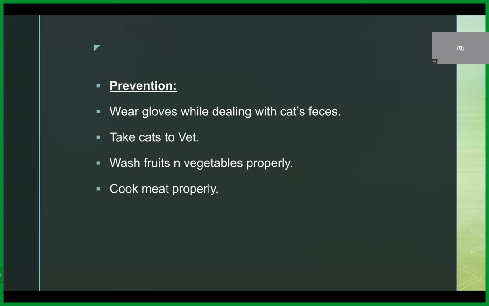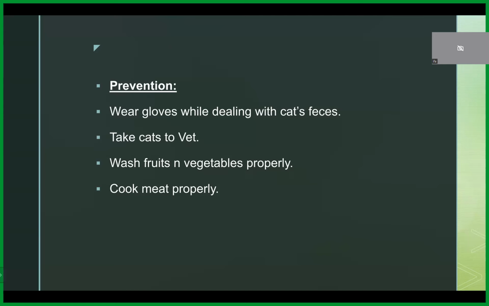Then wash fruits and vegetables, all the routine preventive measures: try to maintain hygiene, wash your hands again and again, and wash everything you eat, fruits and vegetables. And since it is also transmitted with infected uncooked meat,